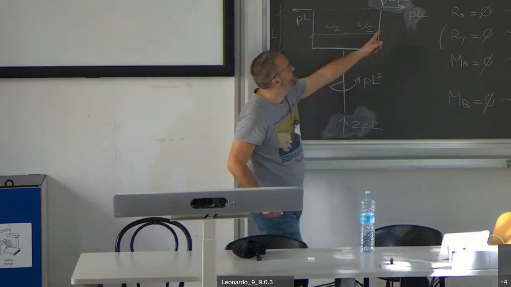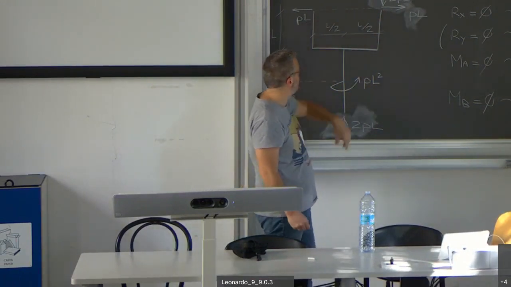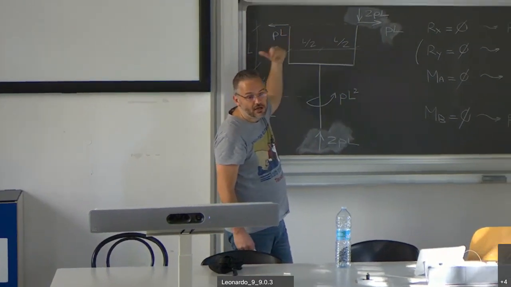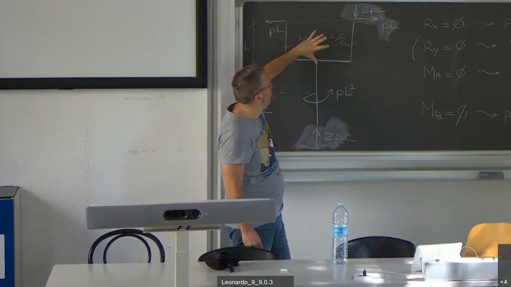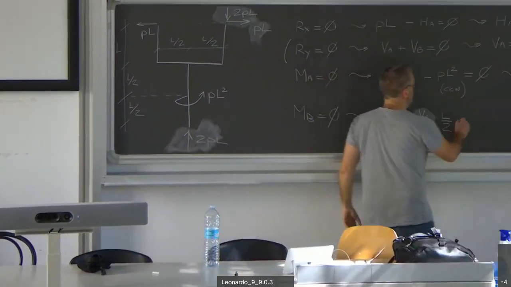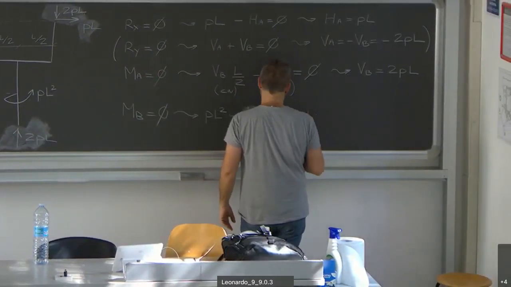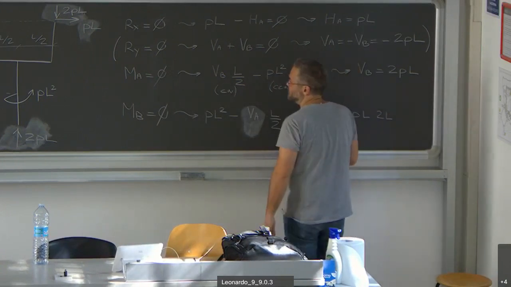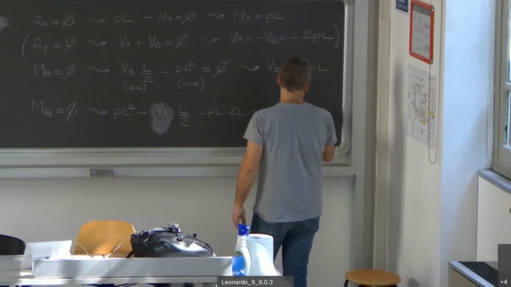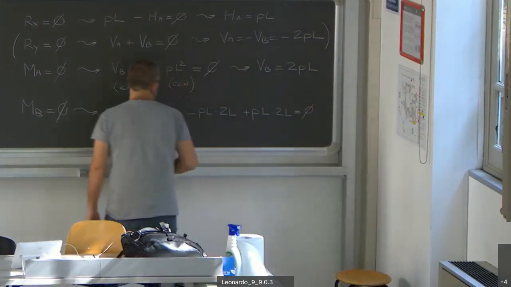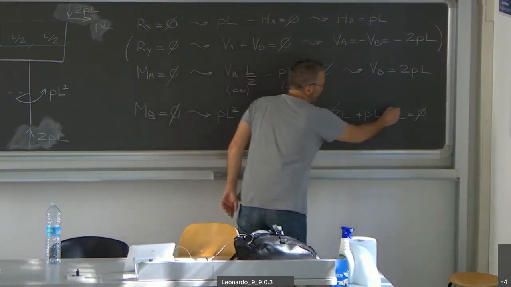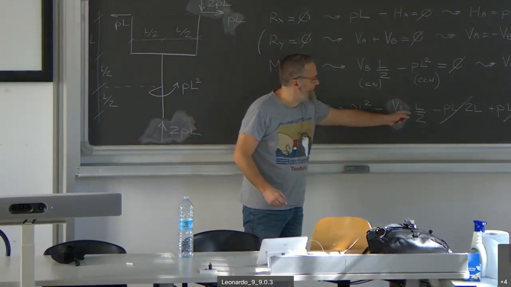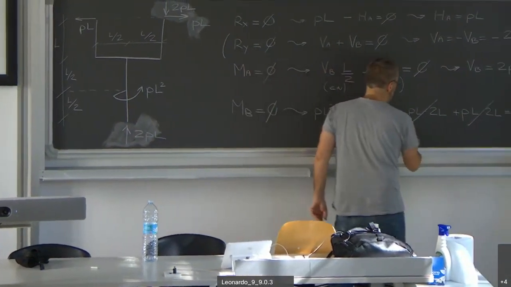Then I have this PL, which is again clockwise. Its lever arm is 2L. Then we have this PL, which is counterclockwise, and its lever arm is 2L. So what I have is minus PL times 2L plus PL times 2L, equal to 0. This cancels out with this, and what is left is simply PL squared minus VA times L divided by 2, which gives you again